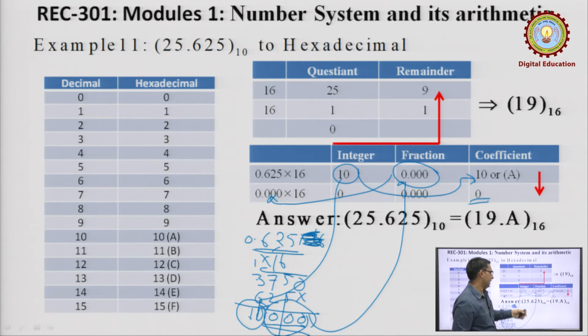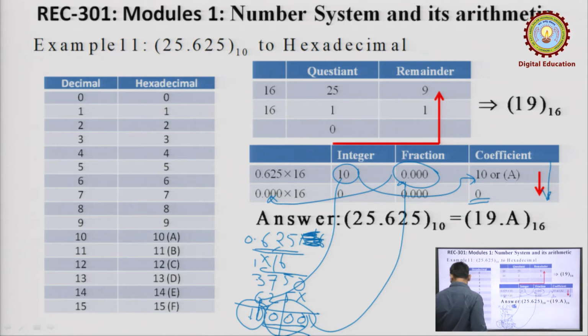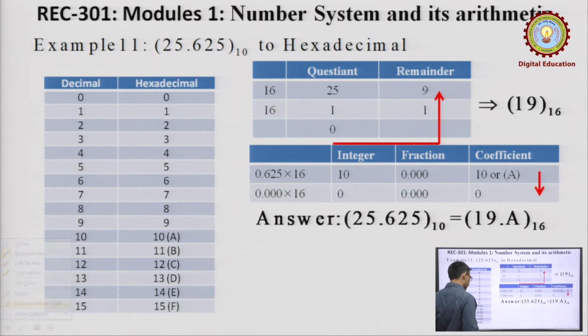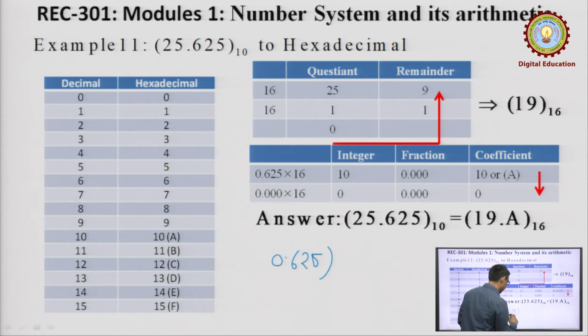For the fractional values, we have to arrange the digits as per this arrow. Okay. So, now the value of 0.625 base 10 is equal to